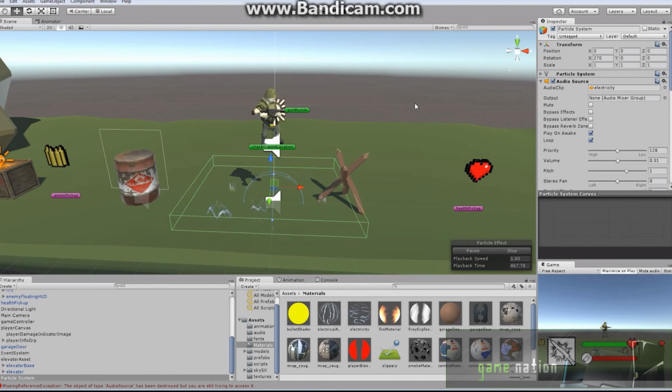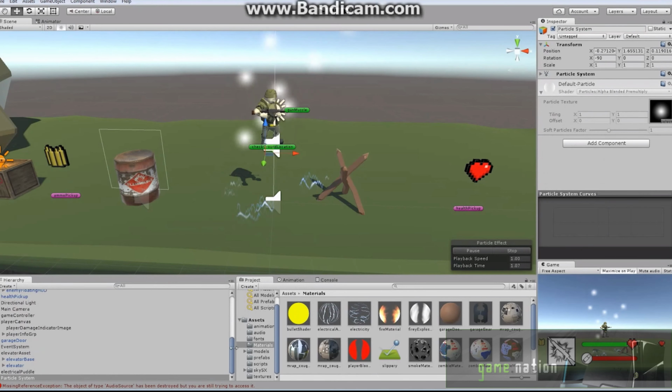Great. I do want to add, and this is just for a visual. Oh, first of all, I'm going to change the name of this. Let's change the name to electrical puddle, even though there's no puddle there. I'm going to add, and this is just for aesthetic value, I'm going to create a new